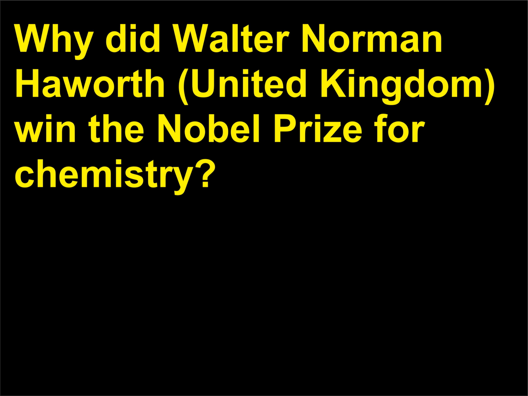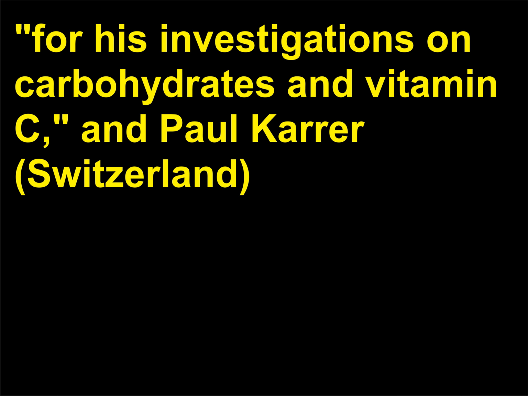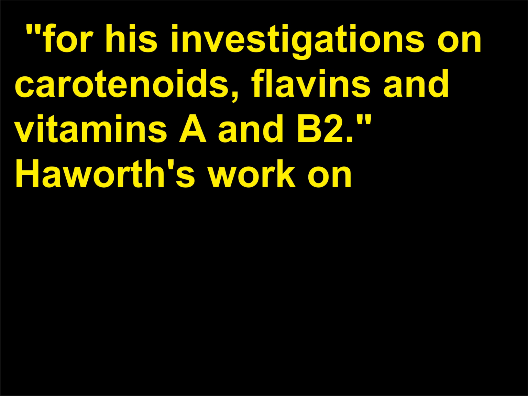Why did Walter Norman Haworth, United Kingdom, win the Nobel Prize for Chemistry? For his investigations on carbohydrates and vitamin C. And Paul Karrer, Switzerland? For his investigations on carotenoids, flavins, and vitamins A and B2. Haworth's work on